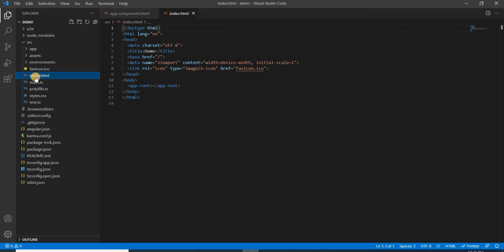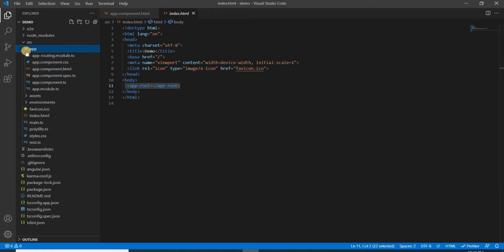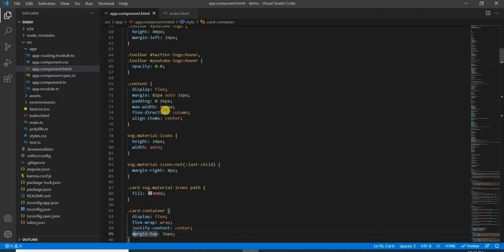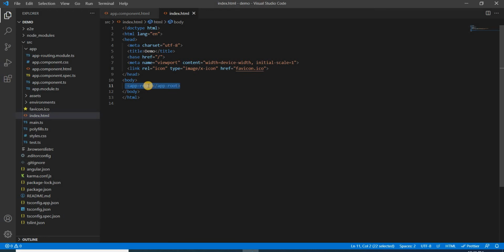This is the main file. We are saying Angular projects are single page files, so there will be only a single HTML page and other pages will work on this particular page. For example, here inside the body I have written app-root. So what is meant by app-root? App-root is the selector name. So whatever is written inside the component.html, it will be visible where I have pasted app-root here.